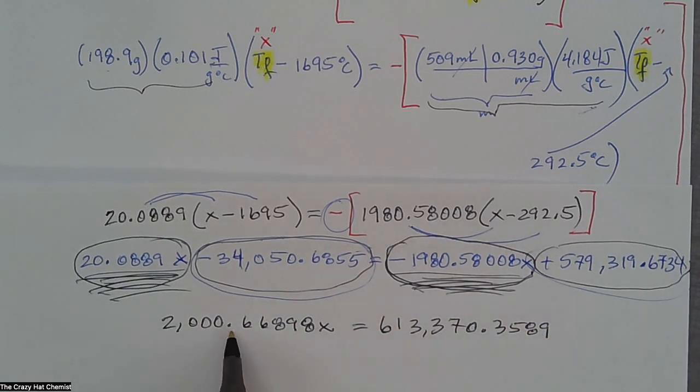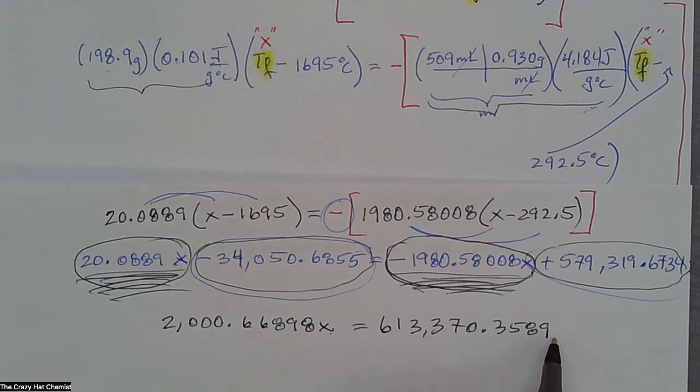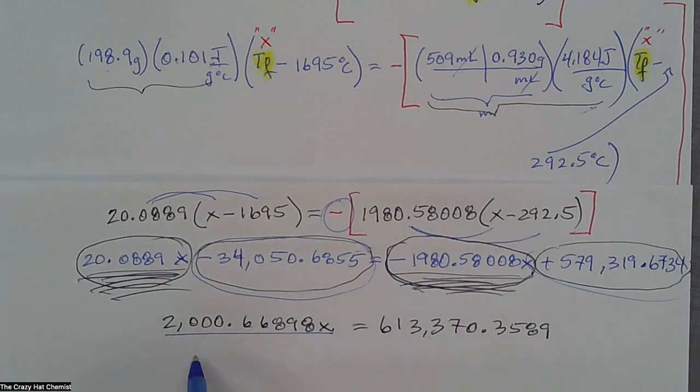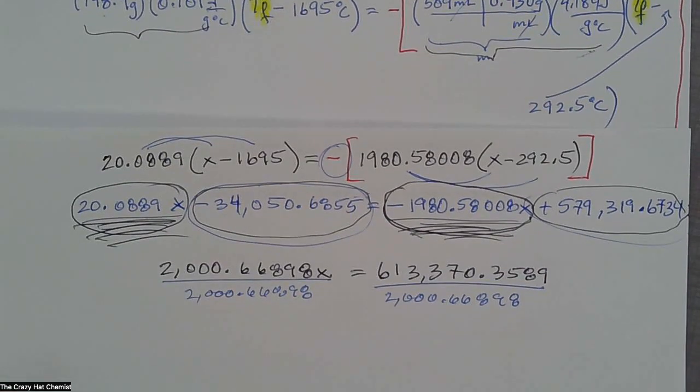Okay, so we've got 2000.66898x is equal to 613,370.3589. And then to solve for x, we're going to divide both sides by this number. This is really a solve for x problem. Slide this up a little bit. X is going to equal